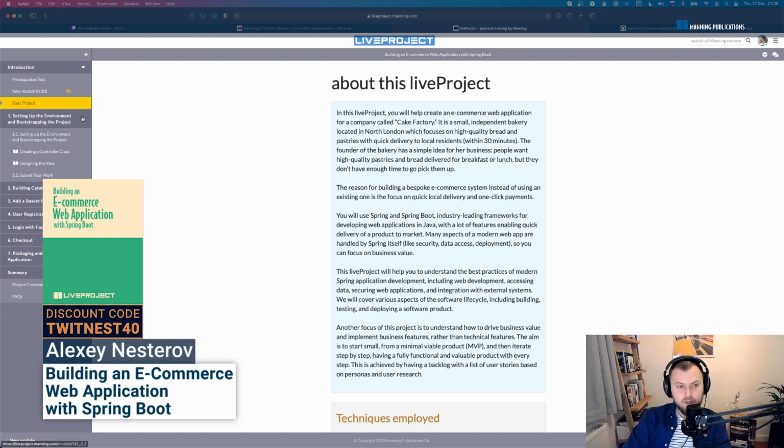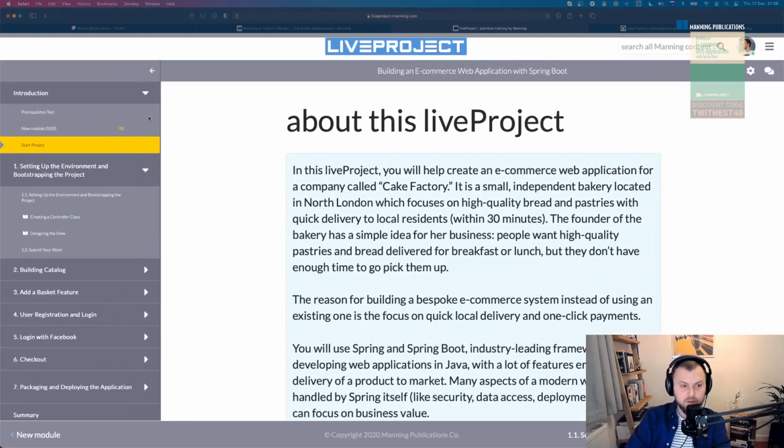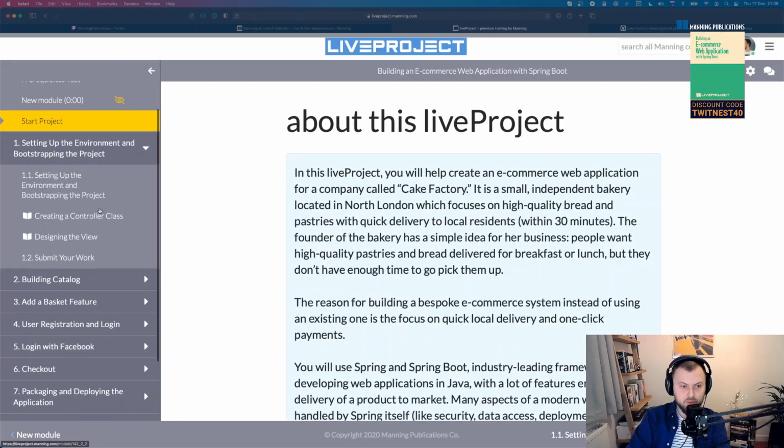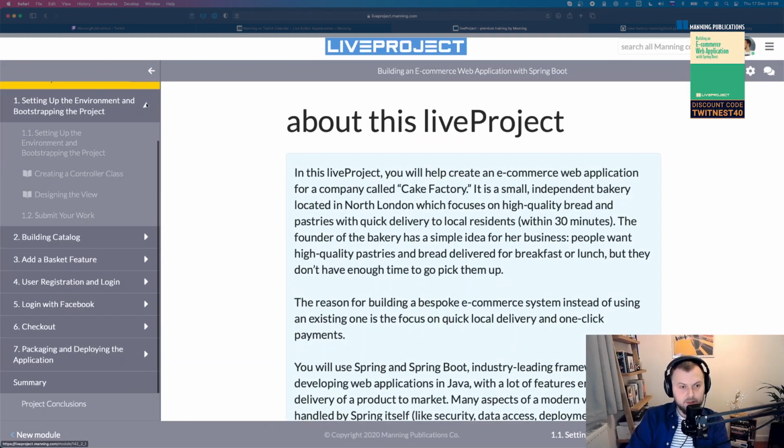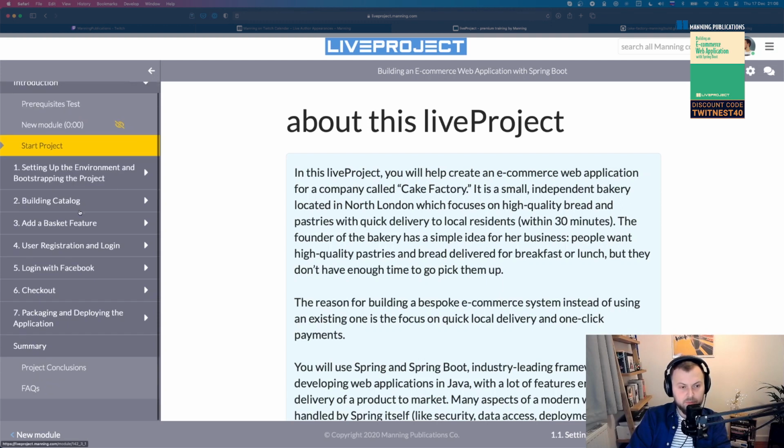My idea was not just to show you a little aspect of this application, because you can see on the left the content of this course, and pretty much all the important steps in building the web application, the different features.